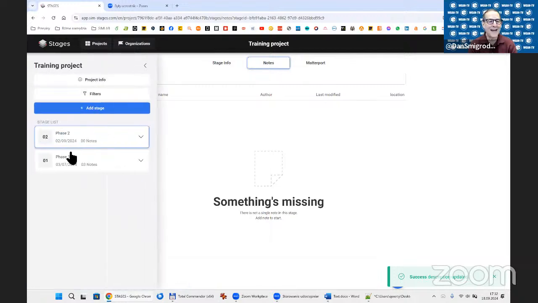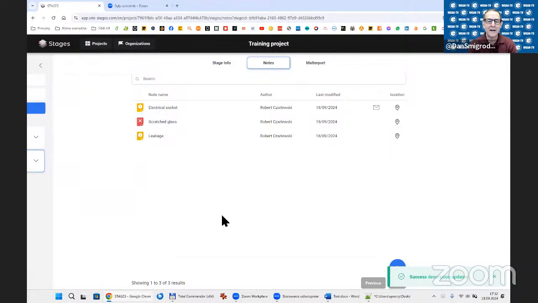So this is a way to find, let's say you want to see all the issues that are related to the author, in this case, you, Robert, but that may have been the safety manager. Show me everything on the safety manager. Show me everything regarding electrical. Show me everything regarding plumbing. Show me everything regarding mechanical.